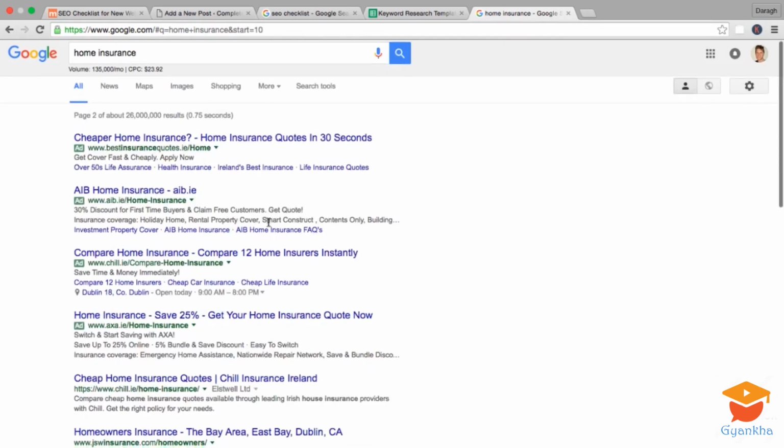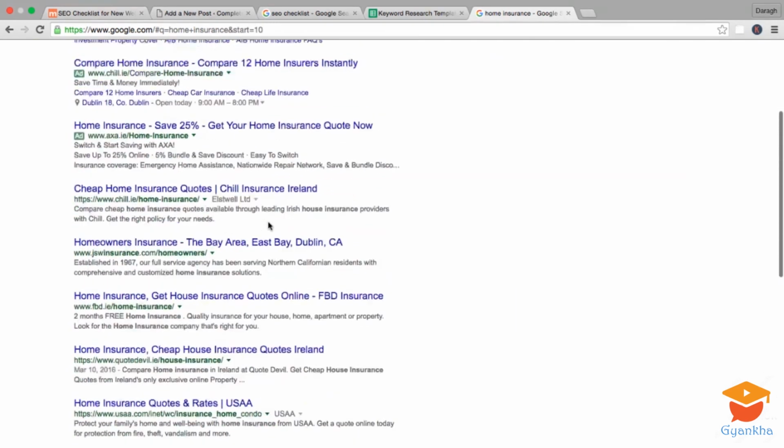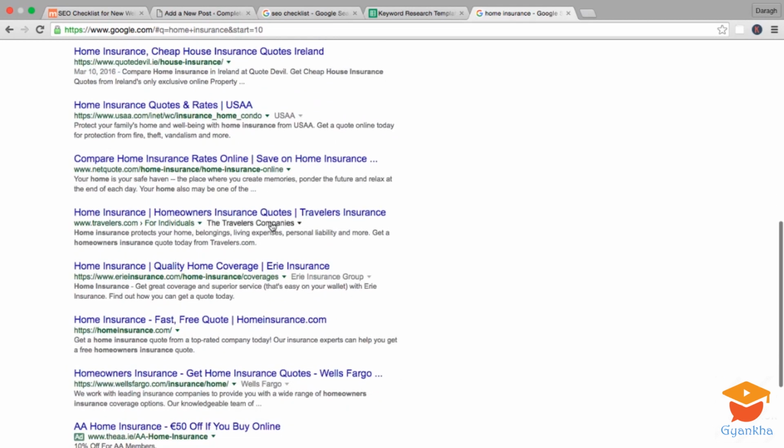So I think I saw an example here. Where was it? This is what it looks like if your title tag is too long. It shows the title tag, but then it's cut off at the end and you can see the dots. Essentially, the title tag here is too long. This company could probably shorten it up a little bit to have the full message within the 55 characters. I think it just looks a little bit more professional,